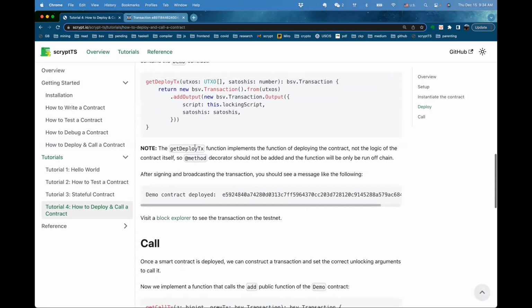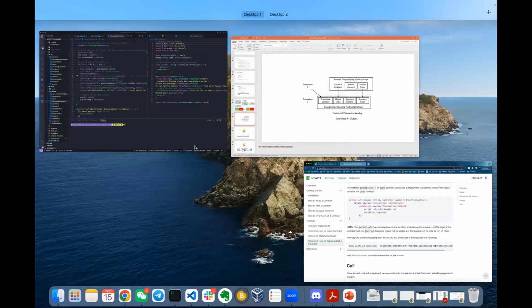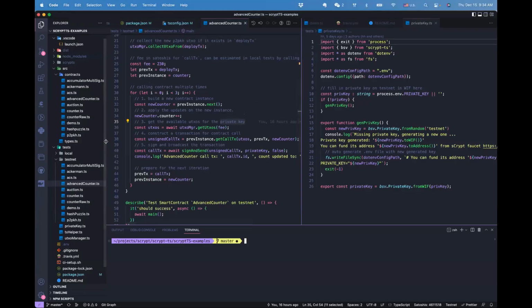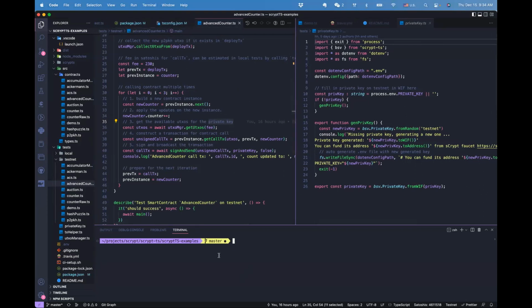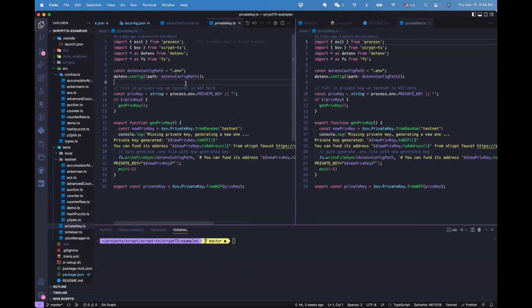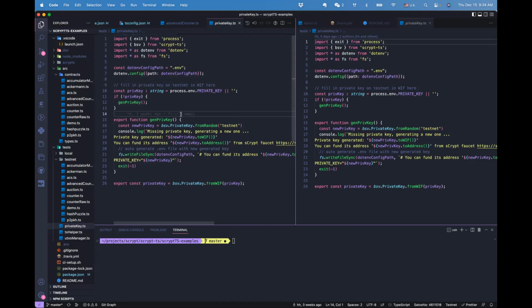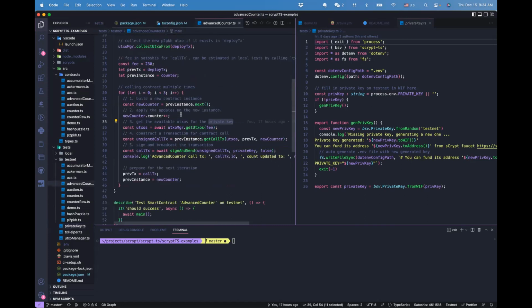So if this is good, let's go to the concrete example here. This is the project we call script examples. It contains a list of examples of how to use script TS. You can git clone it locally, as I had done before here. And if you run the first step, you're going to need to provide your private key. Because I already set this up and already found some test coins, this is good right now. So I'm going to run